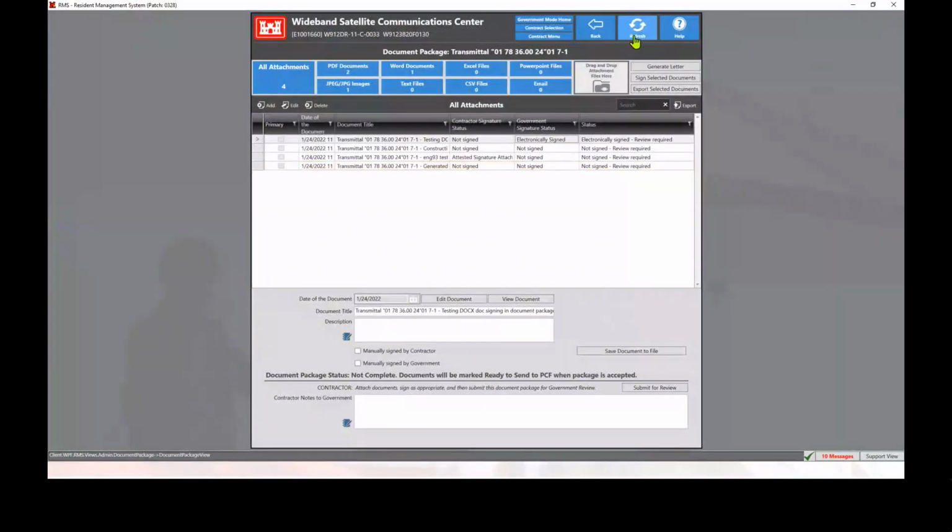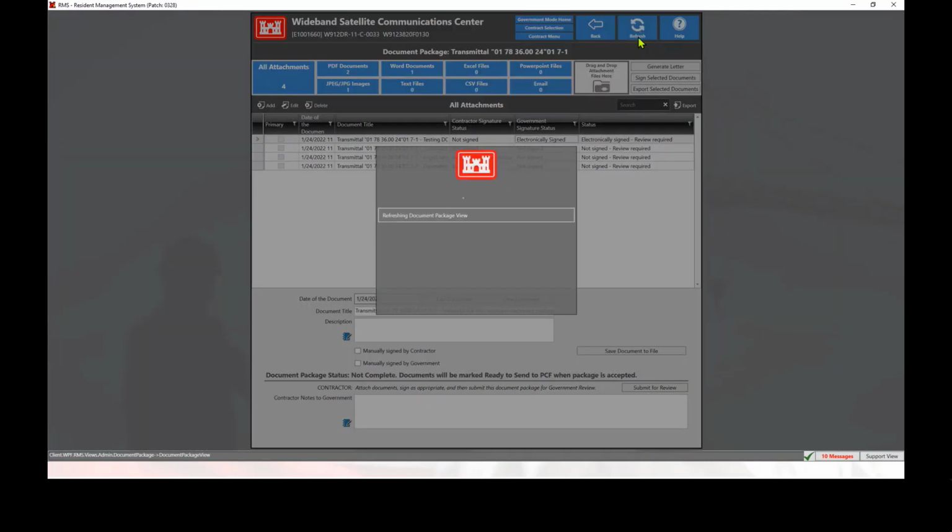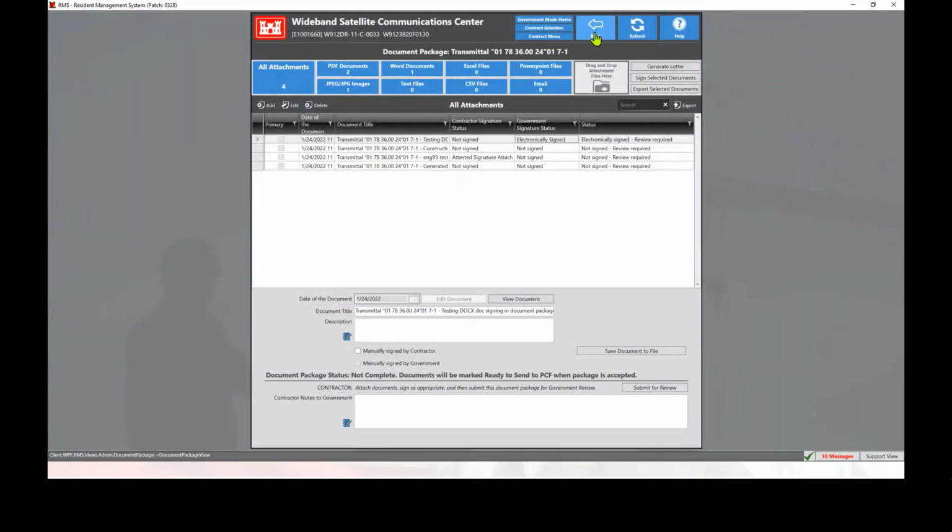Now, notice my refresh button is telling me, hey, somebody has made a change. Before you back out of this module, make sure you click me. So I'm going to go ahead and click on that, update any changes, and now I can go ahead and click the back button. It's important that you click on that refresh button before you hit the back button so you're not overwriting someone else's hard work. All right, now let me get back over to my other screen